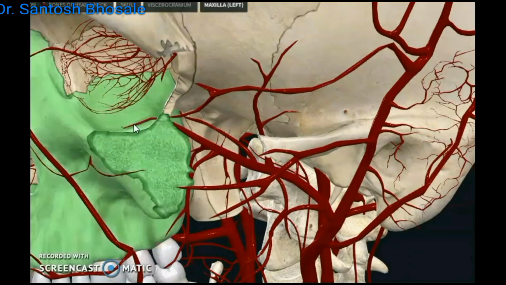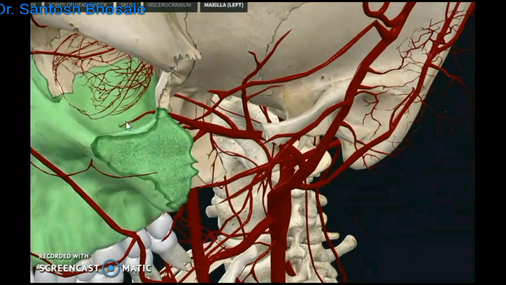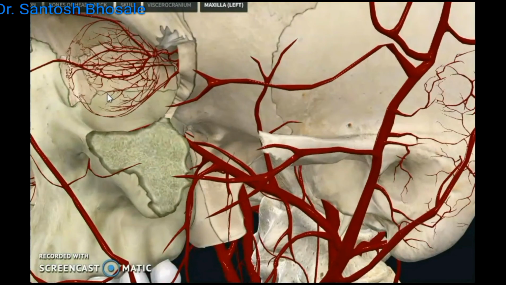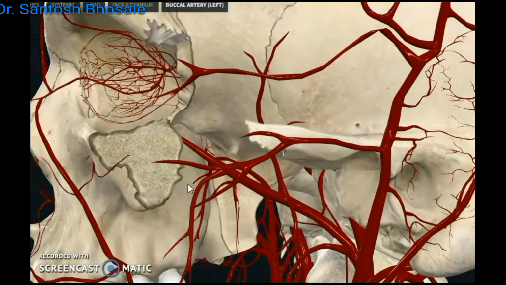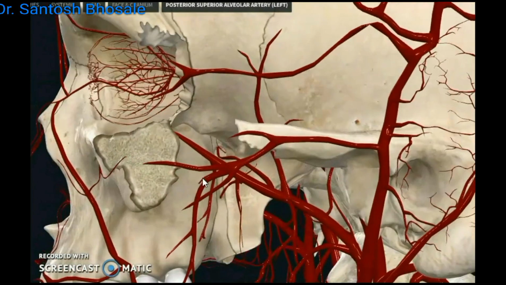That is the infraorbital artery going to the lower part of the orbit and coming out of the orbit onto the face by the infraorbital foramen. And you can see the other branches of the maxillary artery, like the buccal artery, from the second part. That is not a point of discussion here. We are concentrating on the third part, that we will see later. So this is the maxillary artery. Which part of the maxillary artery? Third part of the maxillary artery.